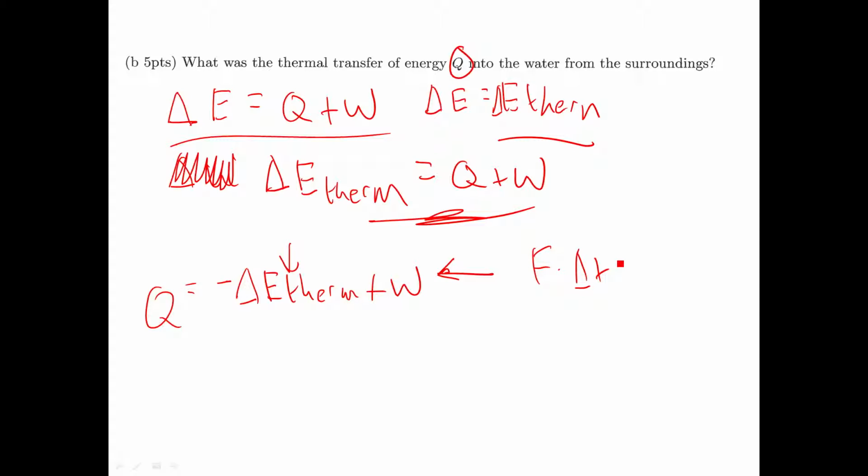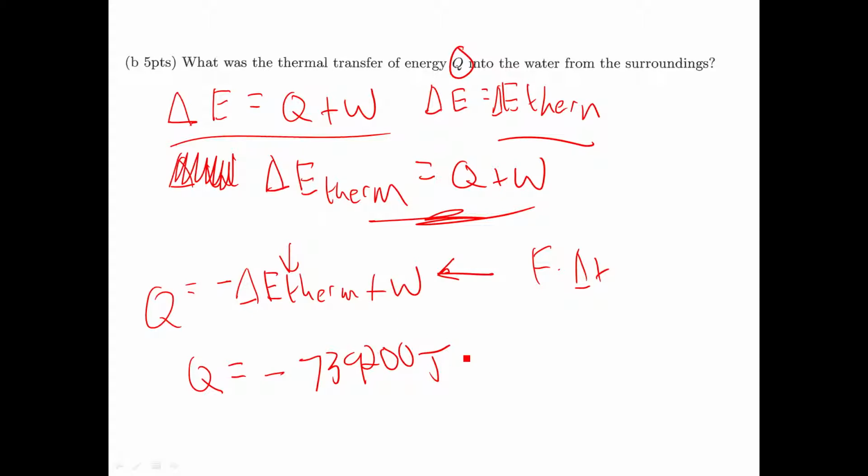The work done is the power times the time. And you did it for 15 minutes, as the problem statement says. So we beat the water for 15 minutes, and 15 times 60 is the number of seconds. We can write out this equation quite easily: Q, which we're trying to find, is delta E thermal, which is 739,200